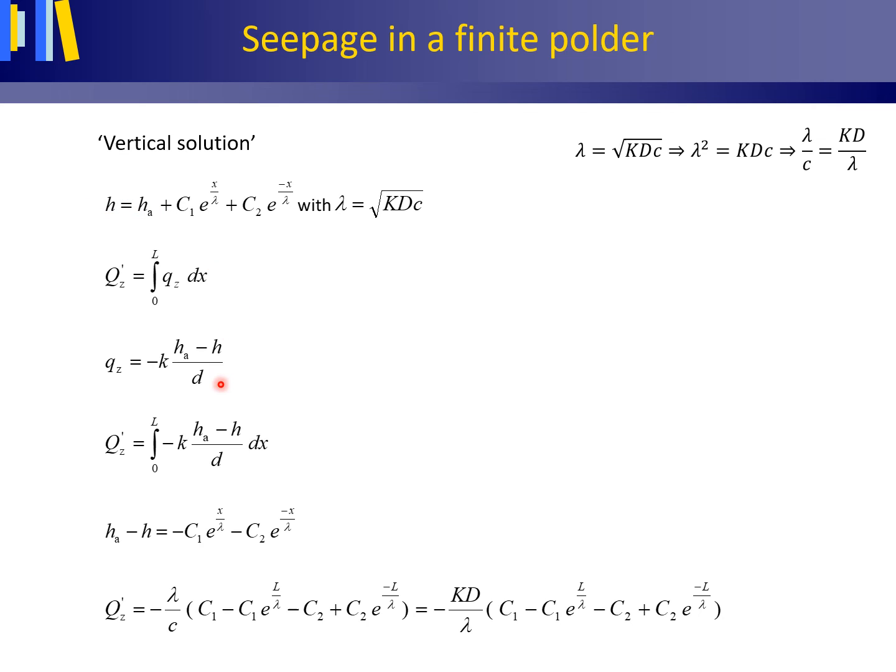And then you divide by the distance. And as water is flowing upward, this distance is a positive number. So you insert this into this equation, and this is what you get. And if you integrate between these two bounds, and you insert for H this equation, or likewise for HA minus H, this equation that's doing the same thing, you will find this as an answer. And it's the same answer as we found by using the horizontal solution.